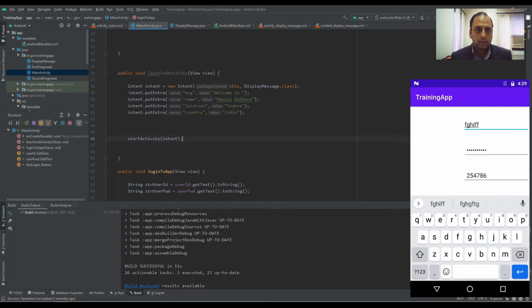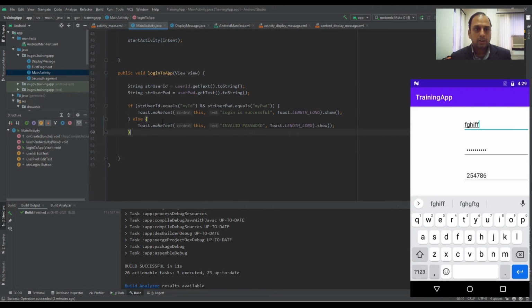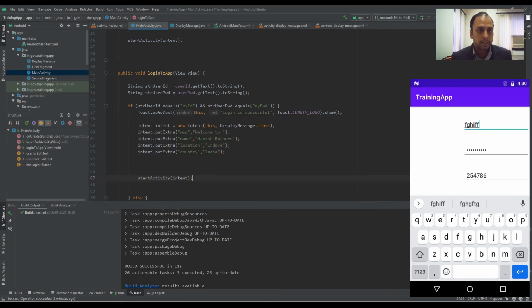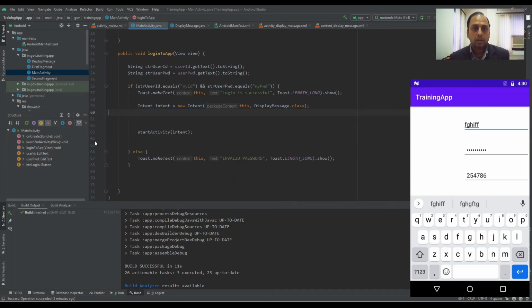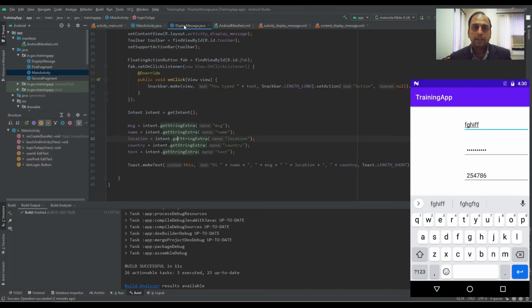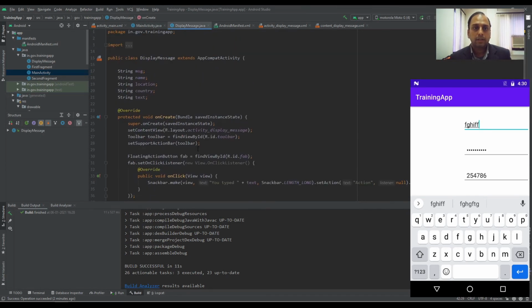Let's copy it, and only when the ID and password are correct, it will create an intent, it will put these messages which are basically not required, and it will start this activity.